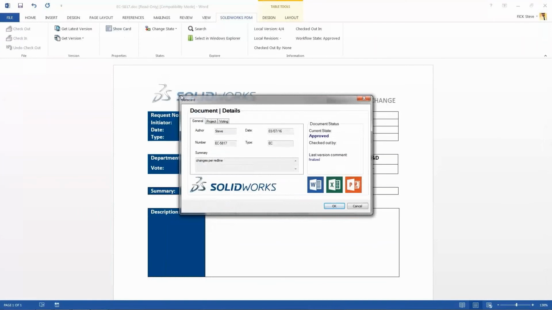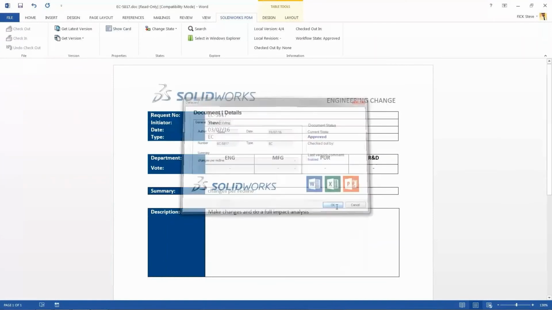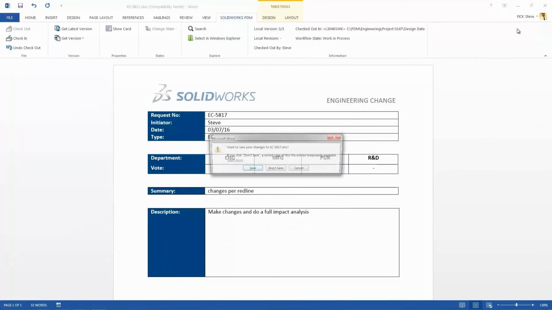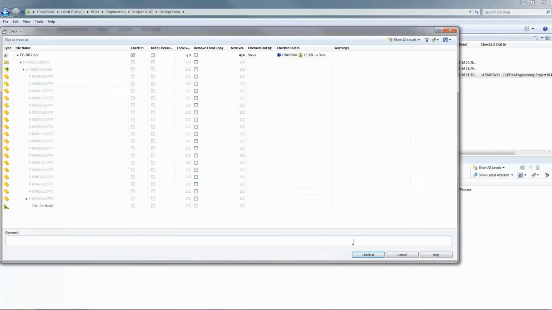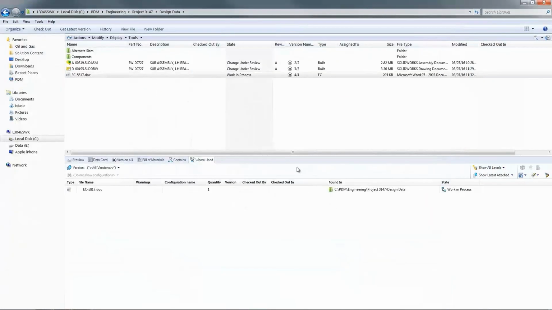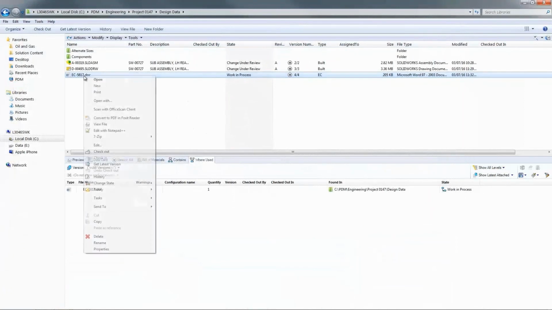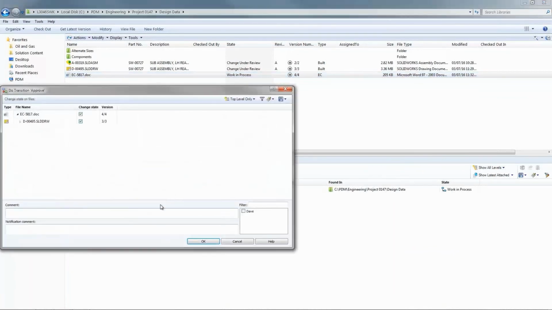Okay, this data card actually has a lot of information, and you can add any fields that hold specific file information. Then I will send it through the workflow transition. Here you can see that the ECO file is pulling the related CAD files with it through different workflows. And when I submit the ECO for approval, you will see the change of state for the CAD files from change under review